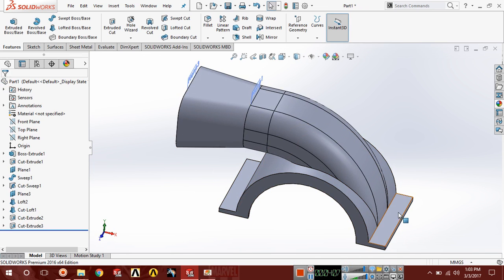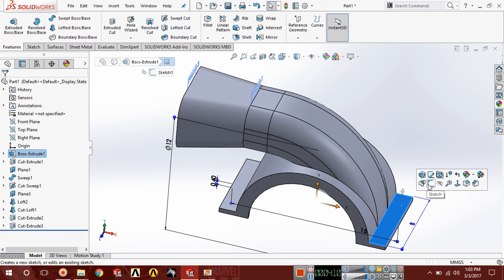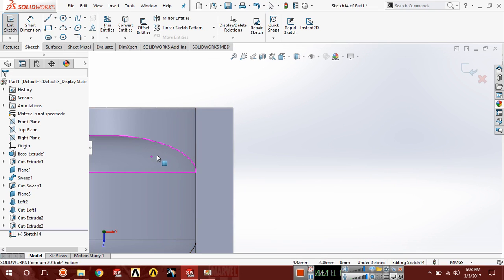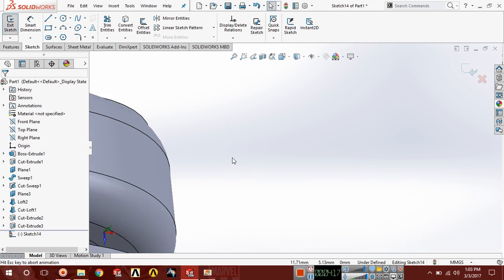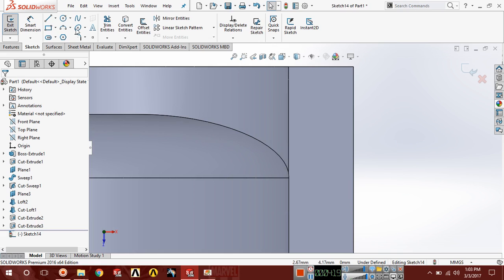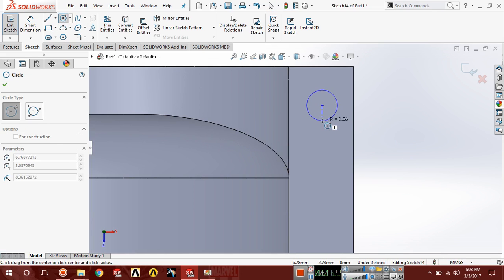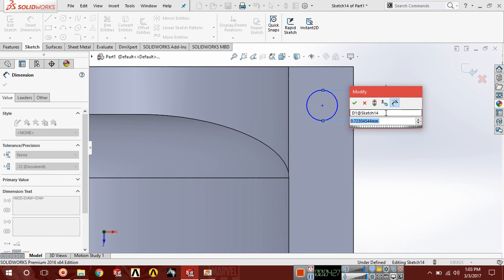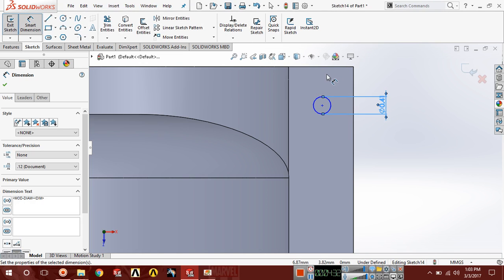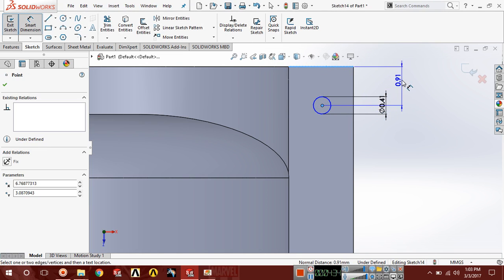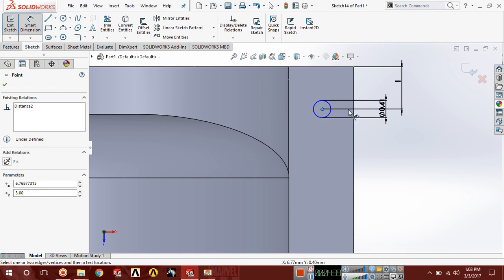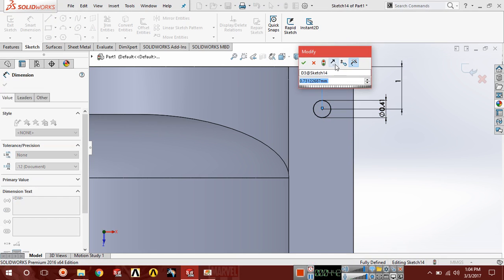Now select this face, go to sketch, Control 8, normal, and here draw a circle for some holes, and the diameter of this circle should be 0.41, and the distance from here to here must be 1, and the distance from here must be 0.75.